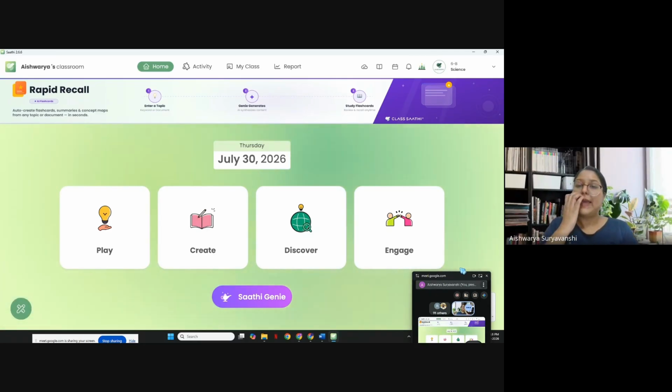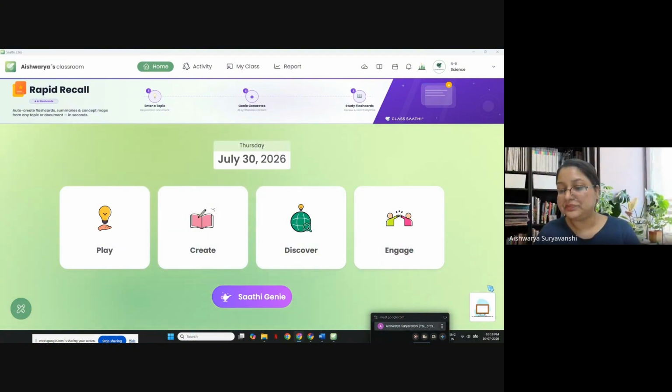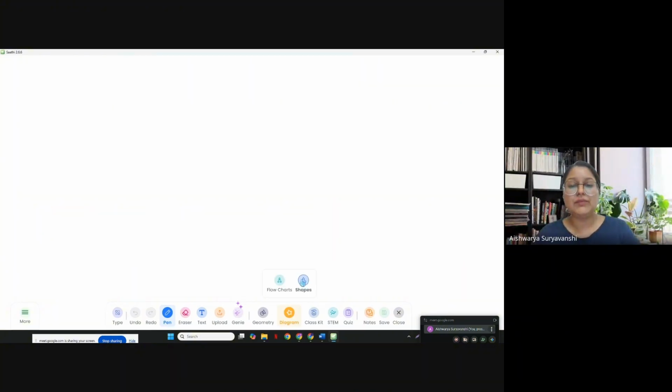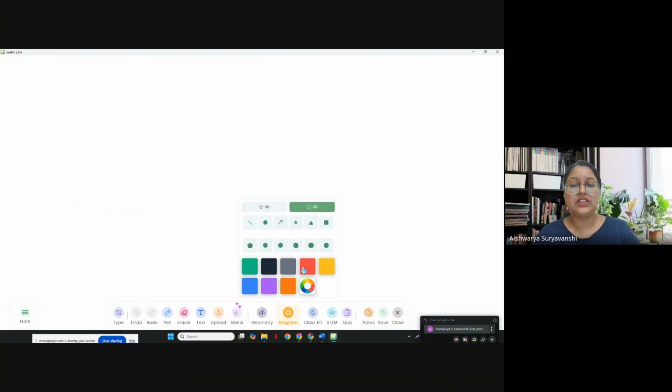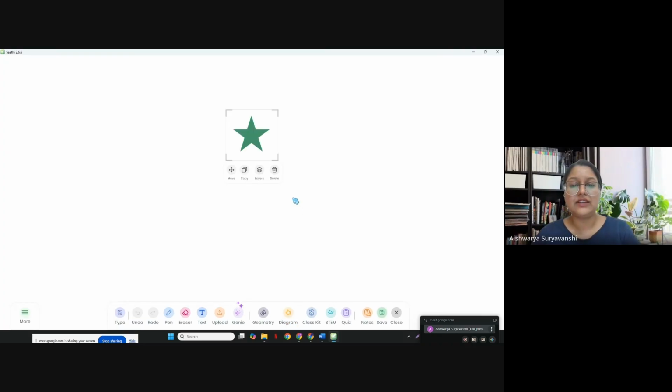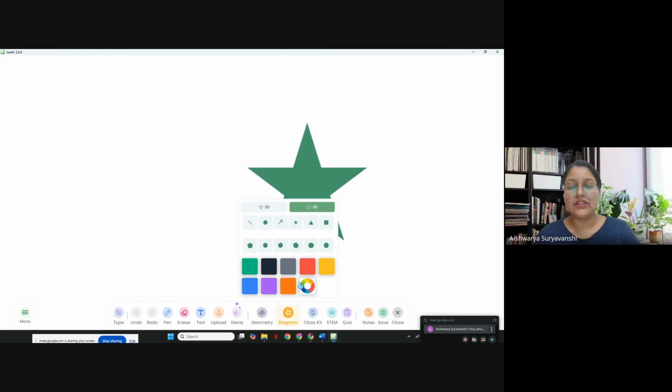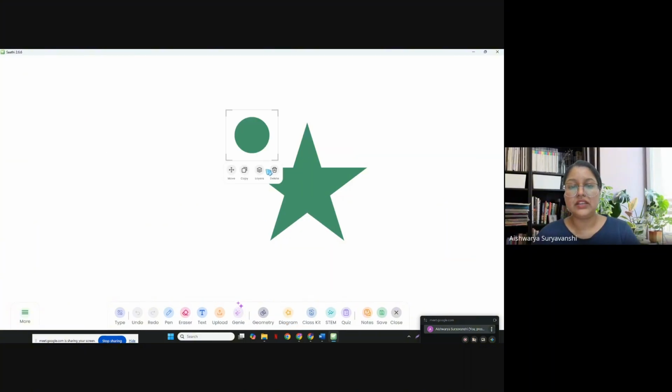All right, and the other feature that we have would be under our whiteboard. Not a major add-on, but it is something that teachers can use for different activities. One thing that you will see new would be under the diagram option. So imagine that I am adding different shapes here on the screen. Let's say I create a star. The star is in green color. Then I have added one circle. And let's say the circle is, maybe I'll create one different one.